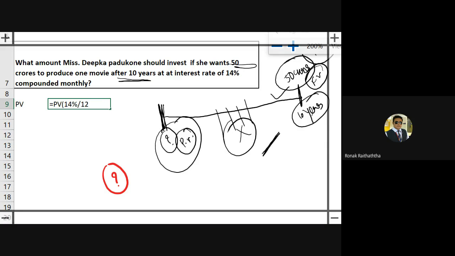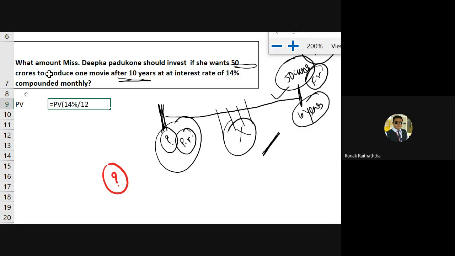Right? So that's why we are using PV equal to. Then pressing the comma to go to the next parameter, the number of periods. Can someone tell me the number of periods? 10 multiplied by 12. So 120 will be the number of periods for which the compounding will take place, comma,